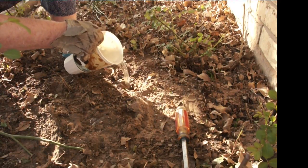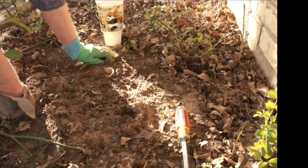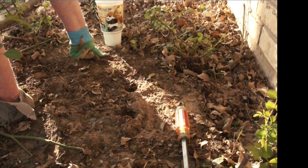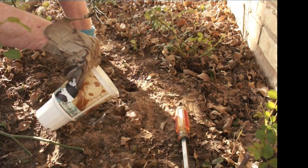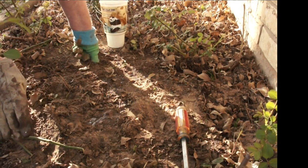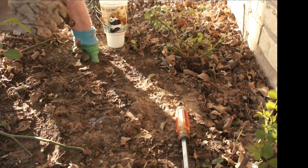And then after you've planted them, and they have enough water and it's wet, you do not water your roses. Let nature water them on their own. The Lord will provide the rain. And you do not chop around the roses or the roots, because they do not want to be disturbed. So if you have any weeds, you pull the weeds with your hands around the roses. Keep them clean,